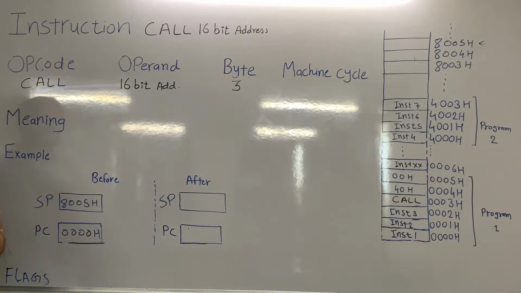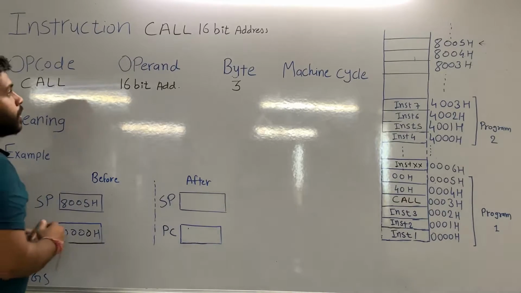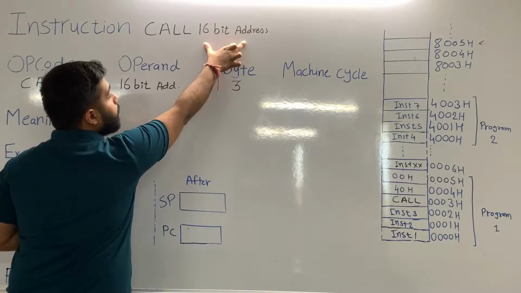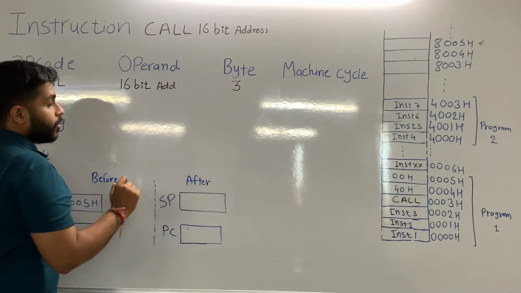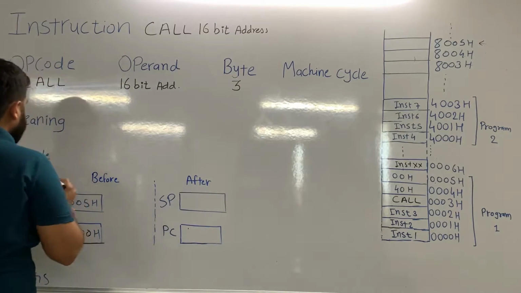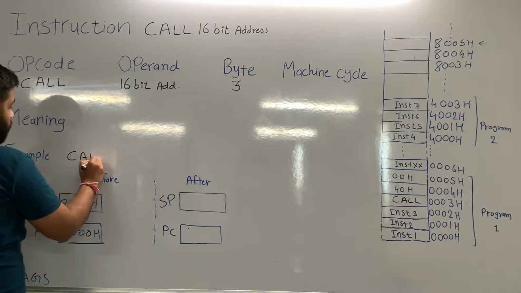What is the meaning of the instruction? CALL 16-bit address means load the 16-bit address to the program counter. Let's say an example, CALL